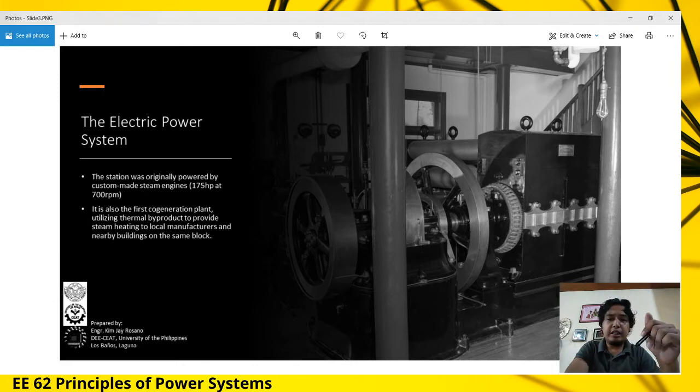Ayan, it's also the first cogeneration plant. It utilizes its thermal byproduct to provide steam heating. So, we have waste heat recovery systems ngayon. So, ang idea ng waste heat recovery systems is,